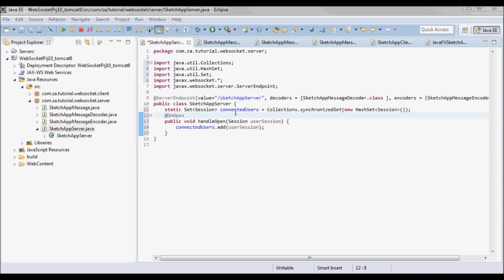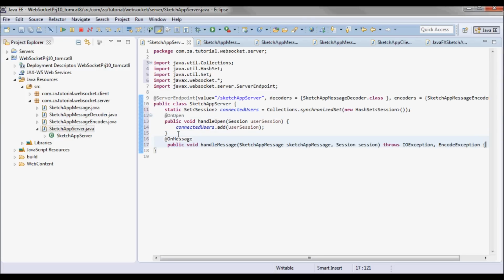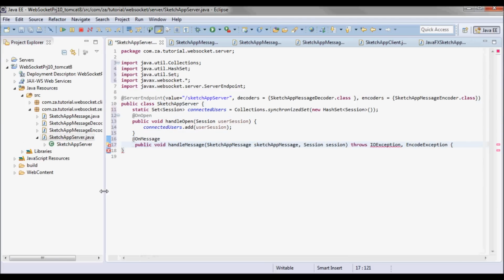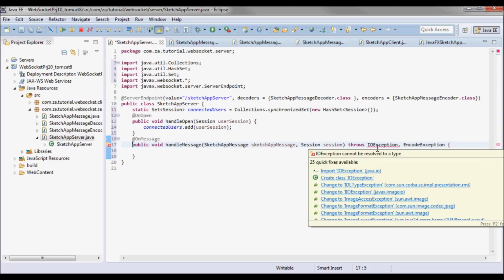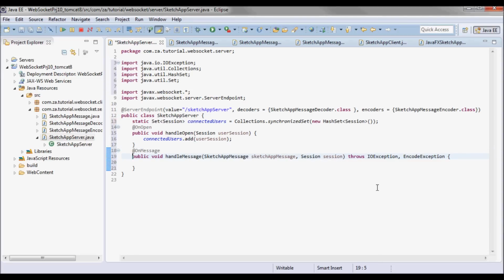Now when a WebSocket endpoint receives a message, the method annotated with the onMessage annotation will be called. So I'll have this method handle message annotated with the onMessage annotation, and the type of message received is sketch app message.